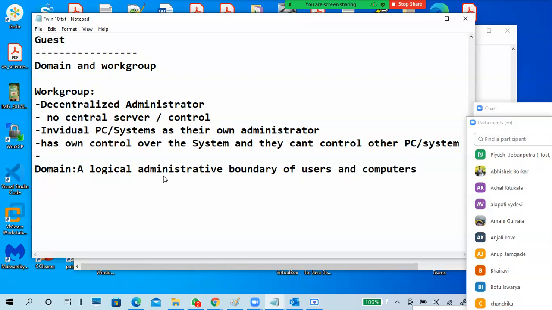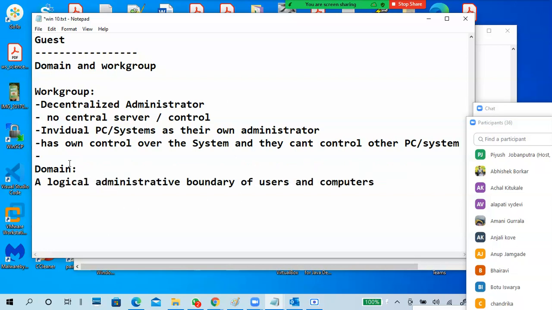The boundary means if you are a member of a particular domain, then you all belong to that particular domain only. So Active Directory domain: a logical administrative boundary of users and computers.